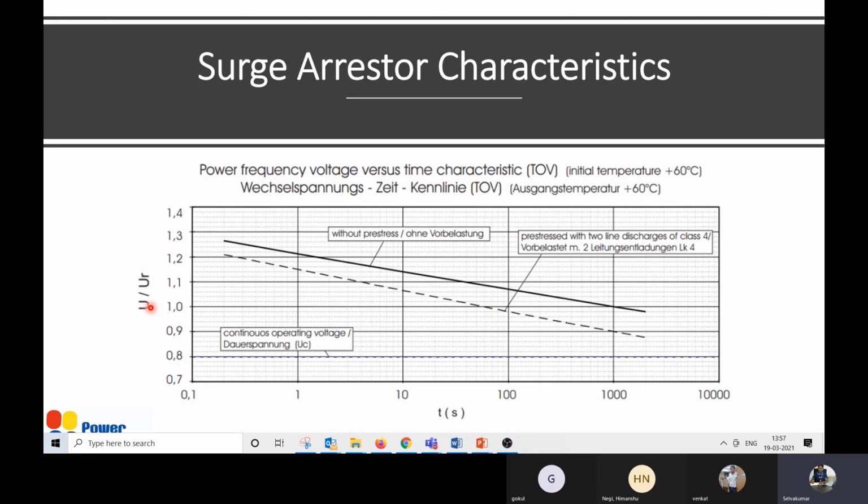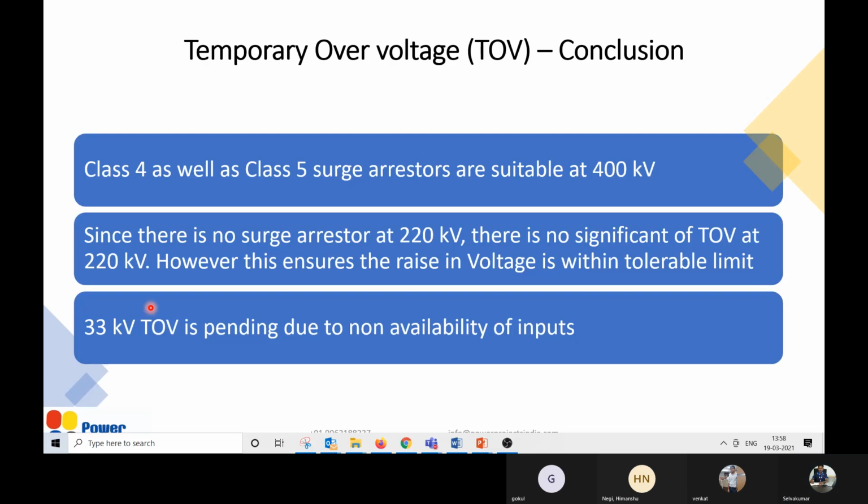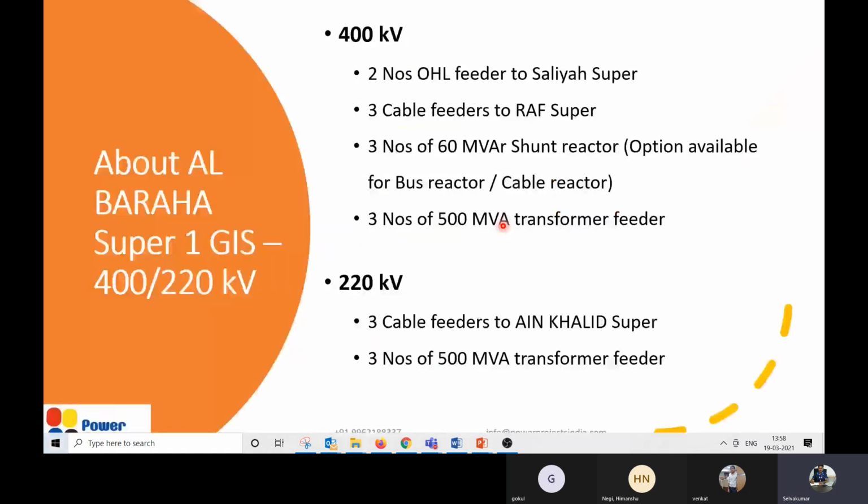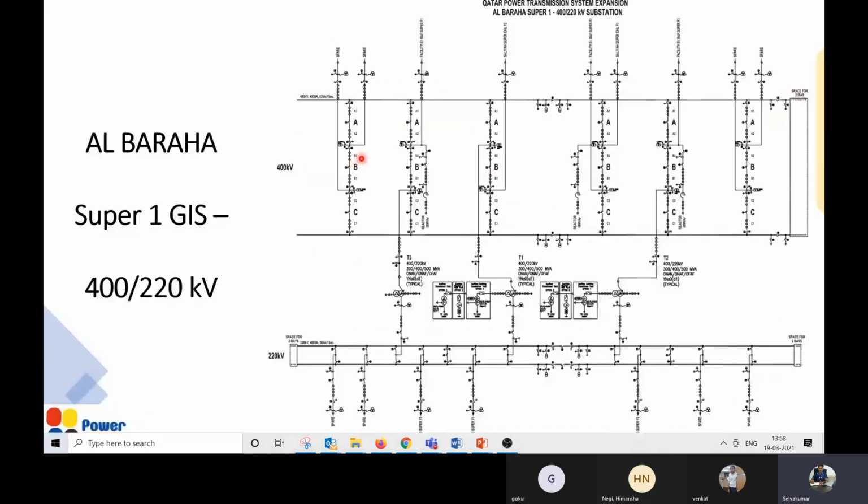So to try to give a conclusion for this case of this single line diagram. In this single line diagram, we are trying to install the surge arrestor for transmission lines. What should be the class to select, class 4 or class 5?